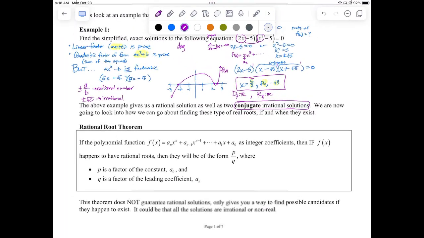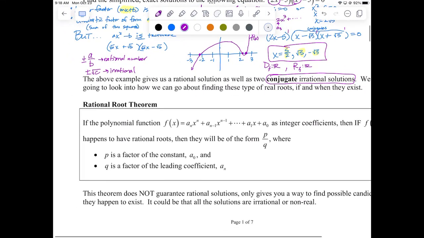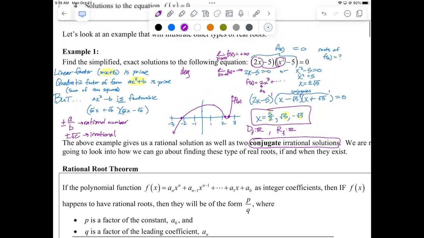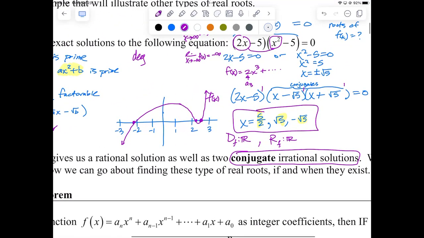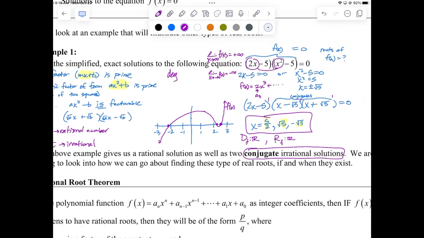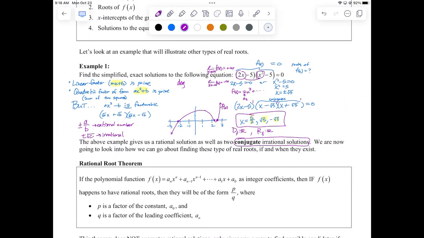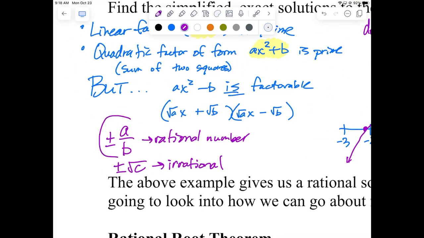Okay? All right, so here's the rational root theorem. Back in the day, people wanted to know the answer to the question that we just answered for this one. Where is a polynomial function equal to 0? What are the roots of the polynomial? What are the x-intercepts of its graph? Okay, and they didn't have the calculator to help guide them. So if they were interested in a particular type of solution, namely a rational solution,